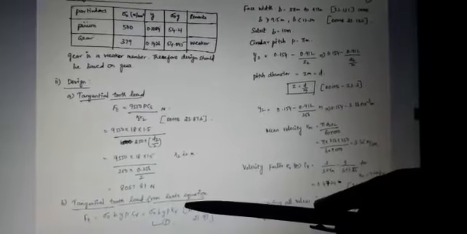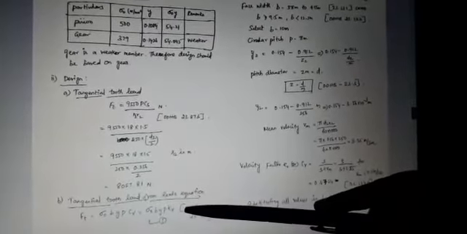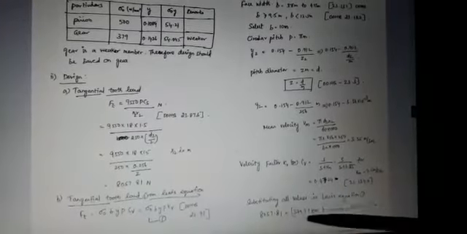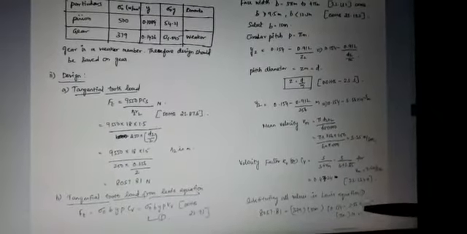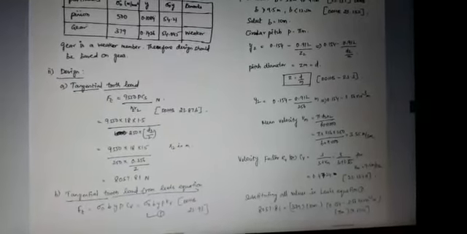So all the values are known. Sigma naught is known, that is the allowable static stress, and B is also in terms of module, Y also we found in terms of module, circular pitch also in terms of module. After that we found the Cv also. By substituting all the values, we get the tangential tooth load in terms of module only. Already we found the tangential tooth load, this is the static load, and based on the beam strength, by using Levy's equation you also have to calculate the tangential tooth load in terms of module. So equating these two, you find the module value.